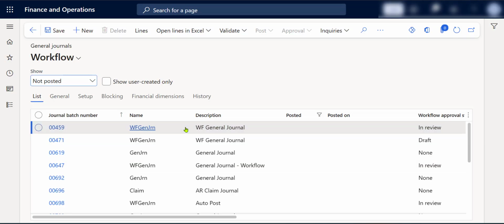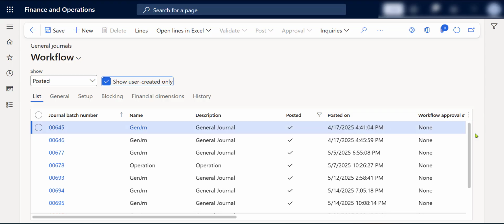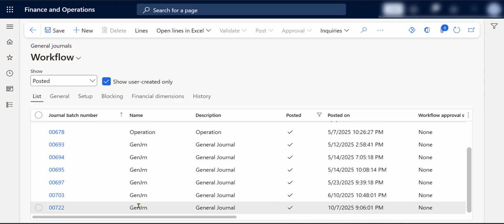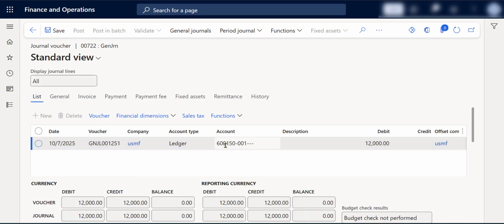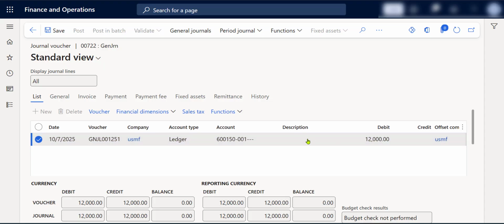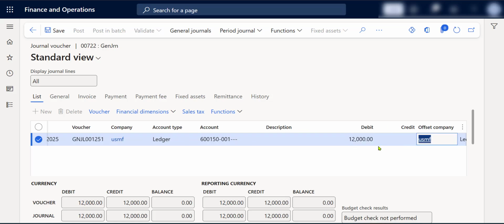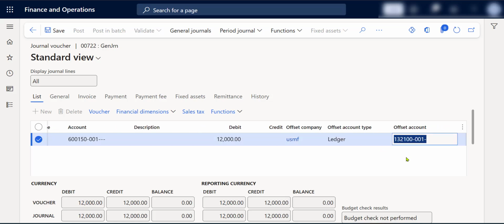So when I open up, I have a sample already created. So I'm going to find from posted entries, show only by me. Okay, so with this entry, let's see. What I booked here on the left-hand side, that's going to be your cost account or expense account. And then we book that total 12,000 on debit side. But again, this shouldn't be your total contract. This should be the 2,000 actually in our sample with the 2 remaining periods. And then the offset is going to be your prepaid GL account. So this matches your